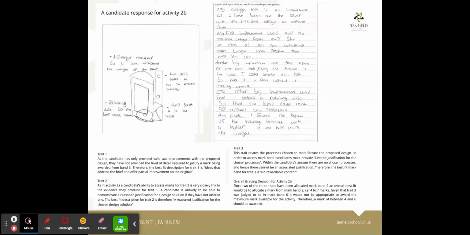Trait 3, this trait relates to the process chosen to manufacture the proposed design. In order to access the mark band, candidates must provide limited justification for the chosen processes. Within the candidate's answer, there are no processes and hence there cannot be an associated justification. Therefore, the best fit mark band for trait 3 is no rewardable content. So if you look over here,